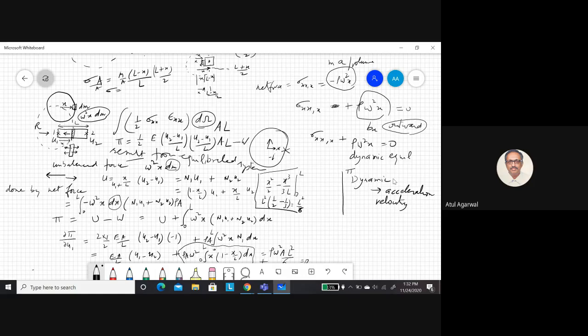And we are applying this pi principle as we apply to equilibrated systems. If we apply it to the dynamic system, it changes. We will see how we use it for a dynamic situation. There we have to consider the kinetic energy term also. So that is why there is a problem here.